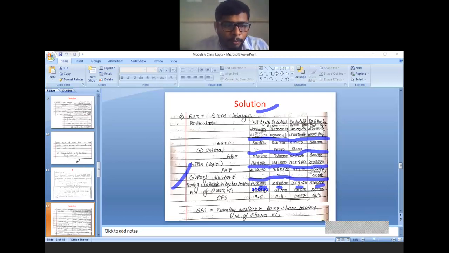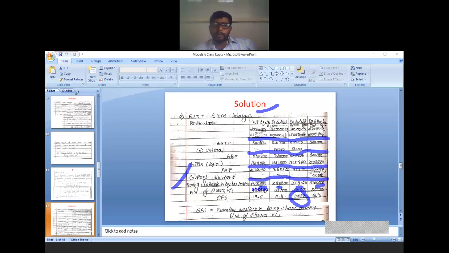Then which one is the maximum earning per share, you tell me? In the case of third plan, maximum earning per share, rupees 11.97. So you have to choose which plan? Third plan you have to choose. What does the third plan say? 30 lakh rupees equity share capital and 15 lakh rupees debenture capital. That plan gives maximum earning per share, that is rupees 11.97. So earning per share formula you write: earning available to equity shareholders divided by number of shares outstanding. Calculation already we have finished here itself, in the format itself.